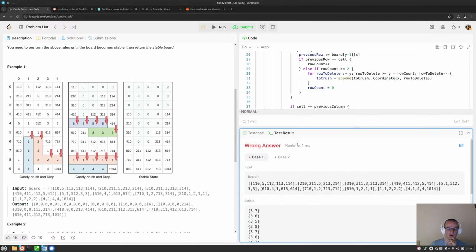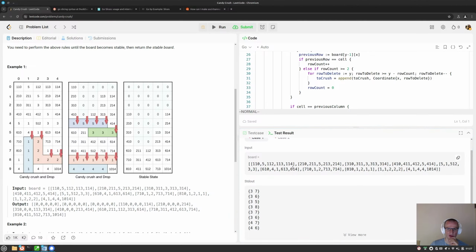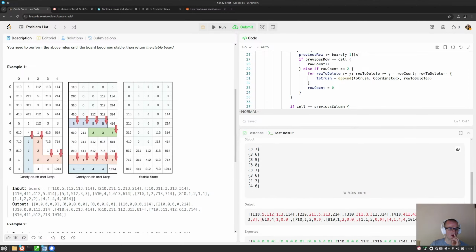Okay, so this is the first example. The first example is from here, and we are getting 3, 7, and this is x and y, so 3, 7. What would be